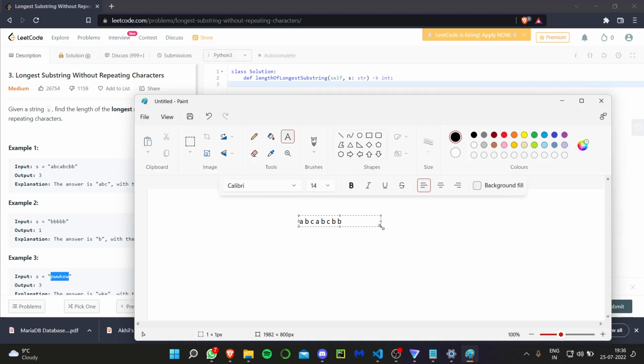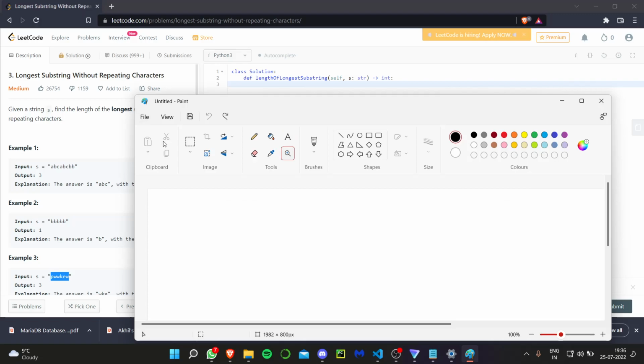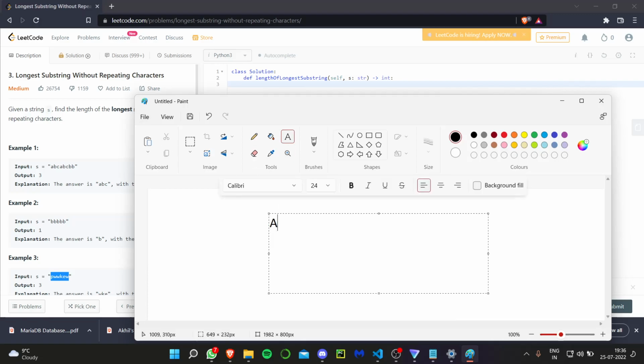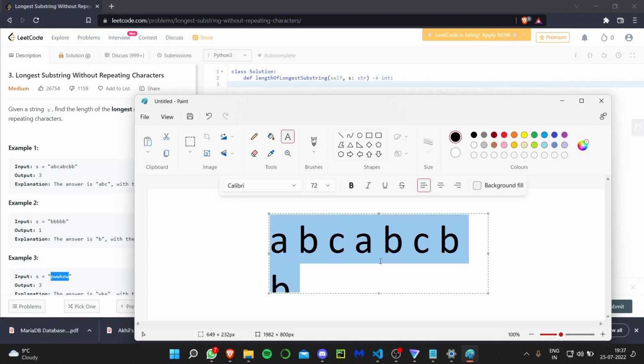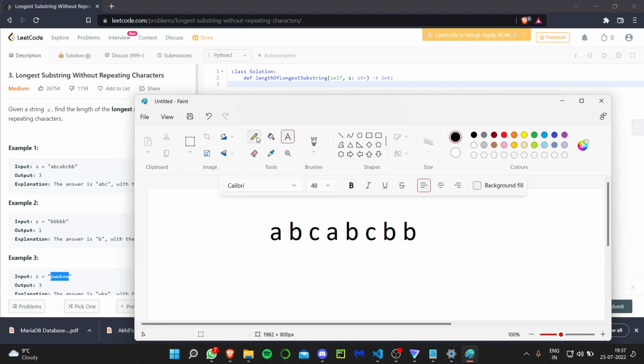So first I'm going to start from here. I'm going to set this as the left pointer, and I'm going to set a right pointer also in this. So I'm going to start from this. I'm going to check if A is inside something. I'm going to push it inside a set, because as we know a set will not contain any duplicate characters. So I'm going to insert every character into the set